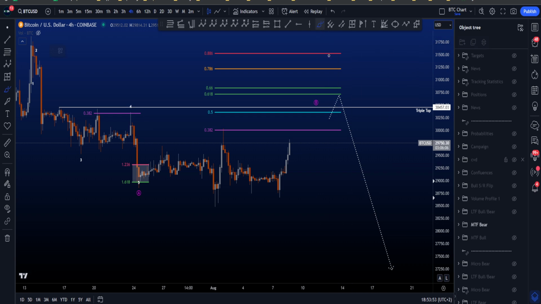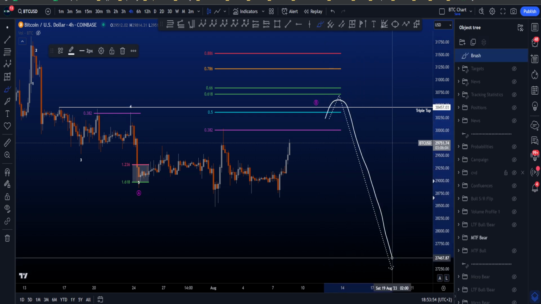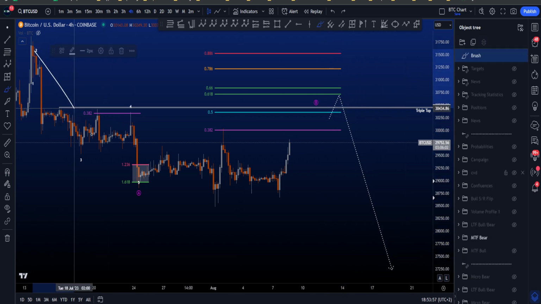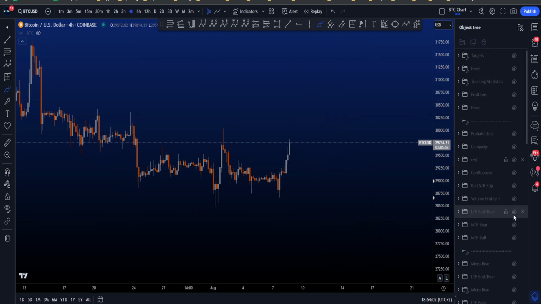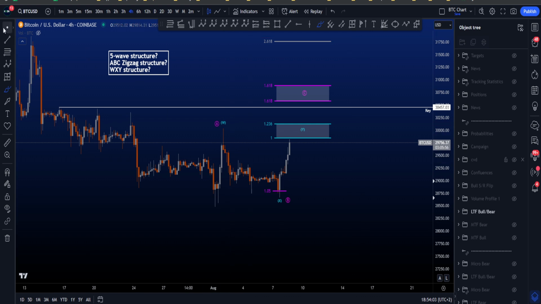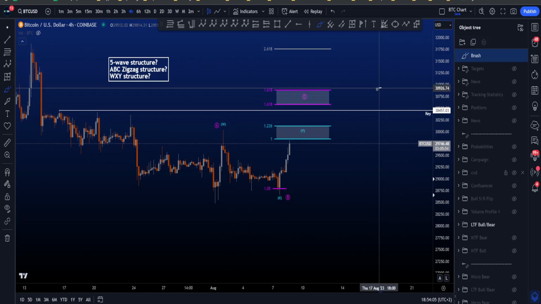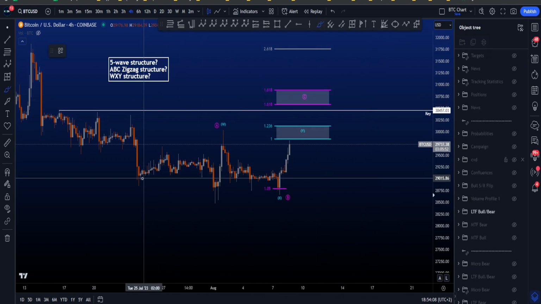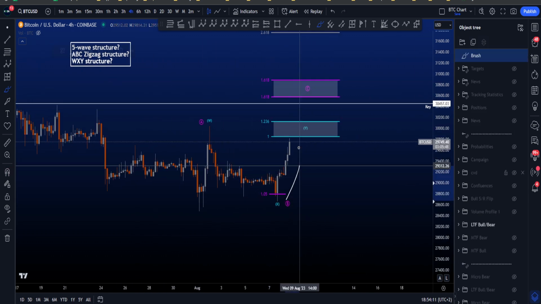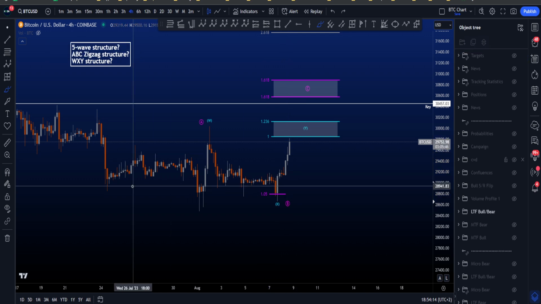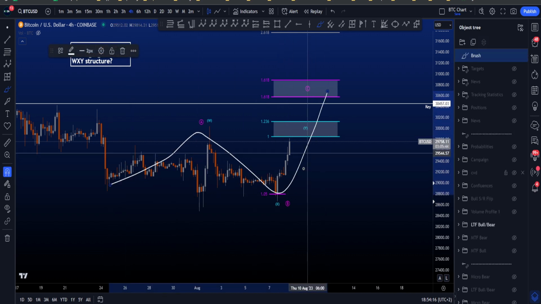Now after this wave B, you then expect a continuation in an impulsive structure to the downside to finish a zigzag in an ABC, where B is then a complex structure that looks like this. So we're looking for a 3-wave structure over here that is then either an ABC or a WXY. Now, if we look at the impulsivity that we have over here, it looks better as an ABC to the